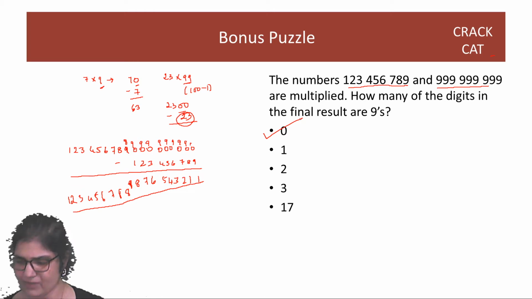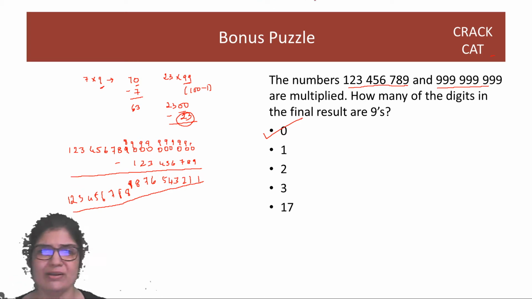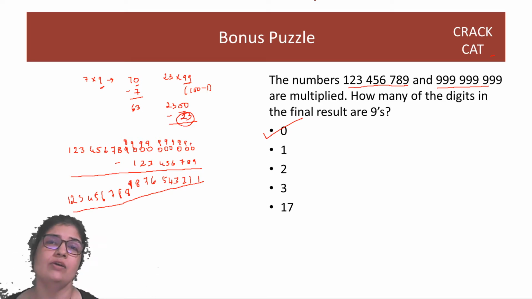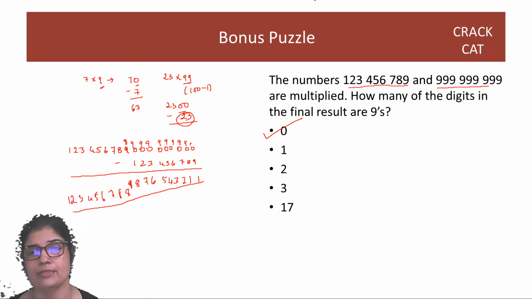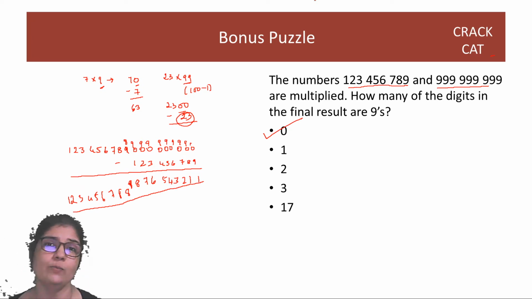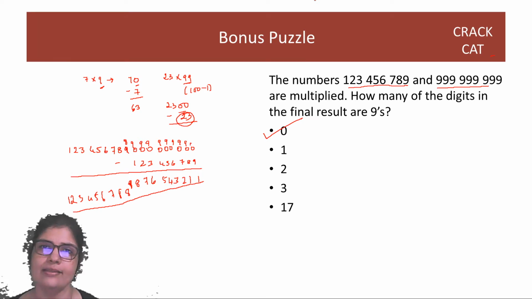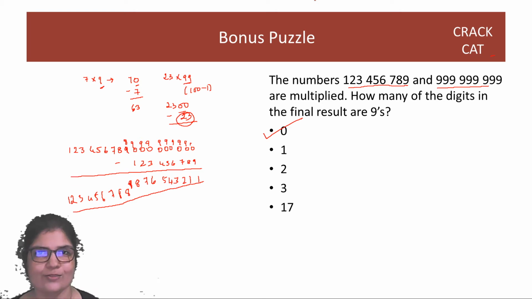Okay, so see, whenever there's a difficult question, big number, nobody really wants you to actually multiply. There must be some trick, and your job is to find that trick. One of the ways of doing that, guys, is to always work with smaller numbers and see what happens. So here, instead of straight away trying to multiply a number with 9 nines, I said let's try and multiply it with a single 9 and let's see what happens, right? What is the rule? How do we go about it more quickly? Once you start thinking like that, no puzzle is unsolvable, right?